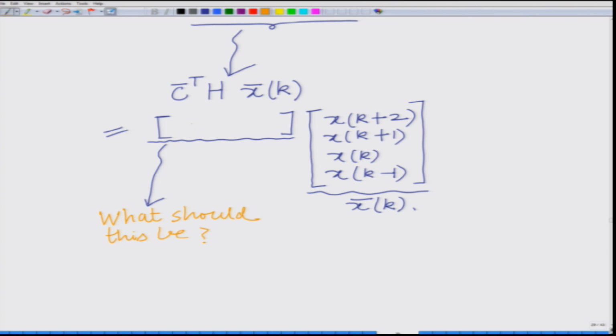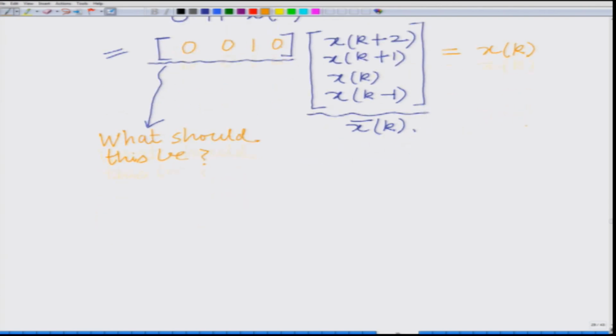Ideally, this row vector should be 0, 0, 1, 0, so that when I multiply this row vector by x bar of k, I get 0 times x of k plus 2, plus 0 times x of k plus 1, plus 1 times x of k plus 0 times x of k minus 1, which is x of k. So, we actually desire, let me write this clearly, we would like